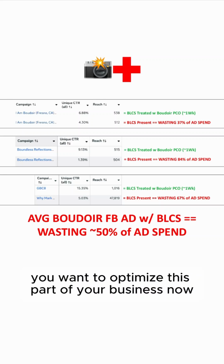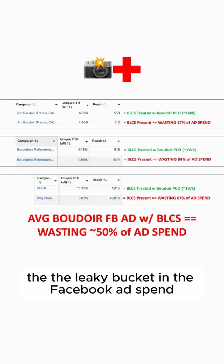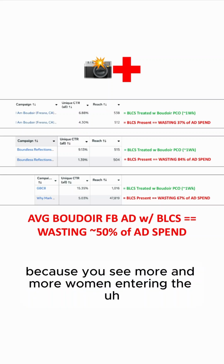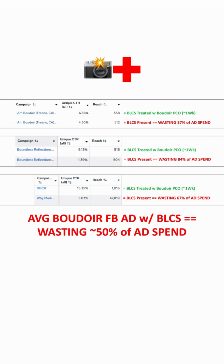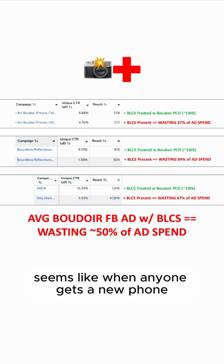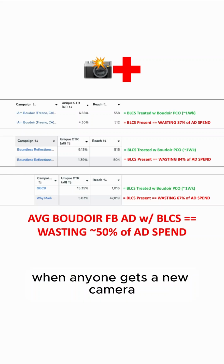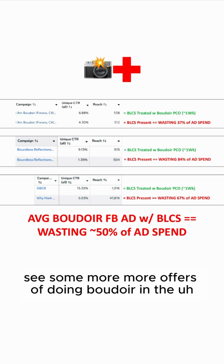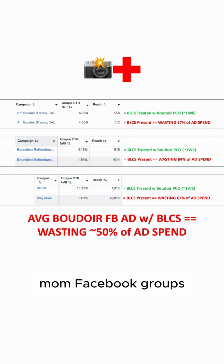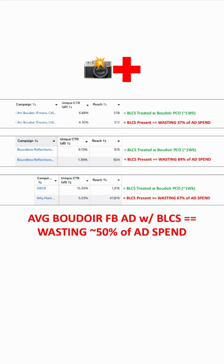And you've decided you want to optimize this part of your business now, pull the money out of the leaky bucket in the Facebook ad spend, because you see more and more women entering the market as boudoir photographers every day. Seems like when anyone gets a new phone, they throw up some new Google My Business profile, or when anyone gets a new camera, you see some more offers of doing boudoir in the mom Facebook groups. And you want to be on your way to become the number one boudoir photographer in your city,